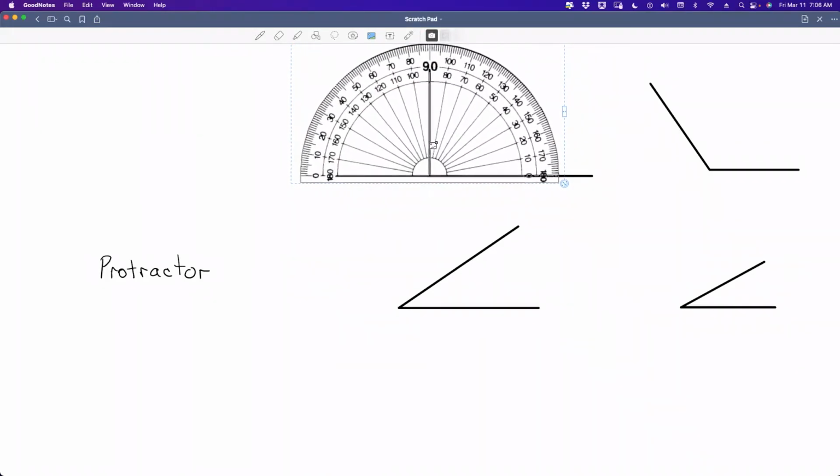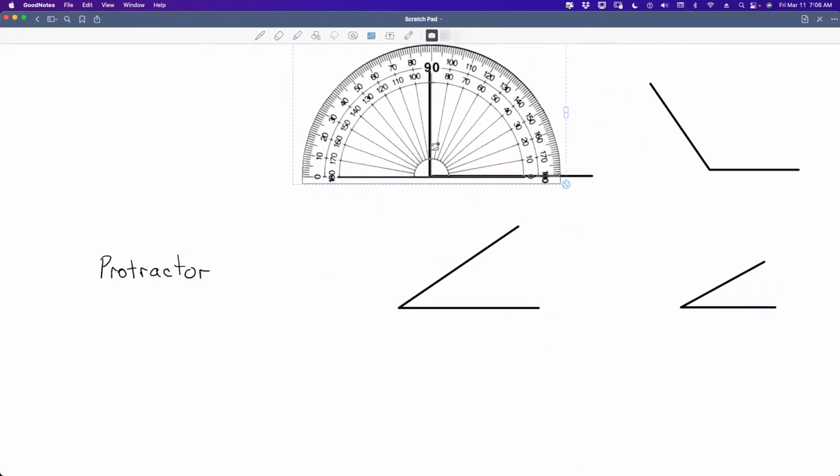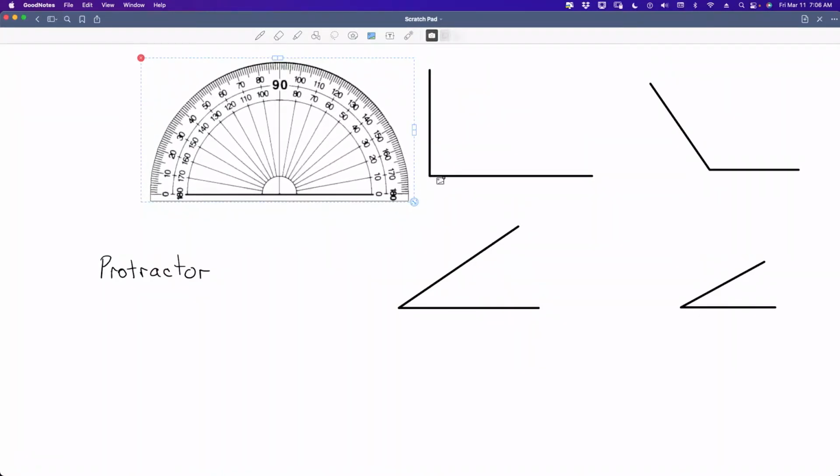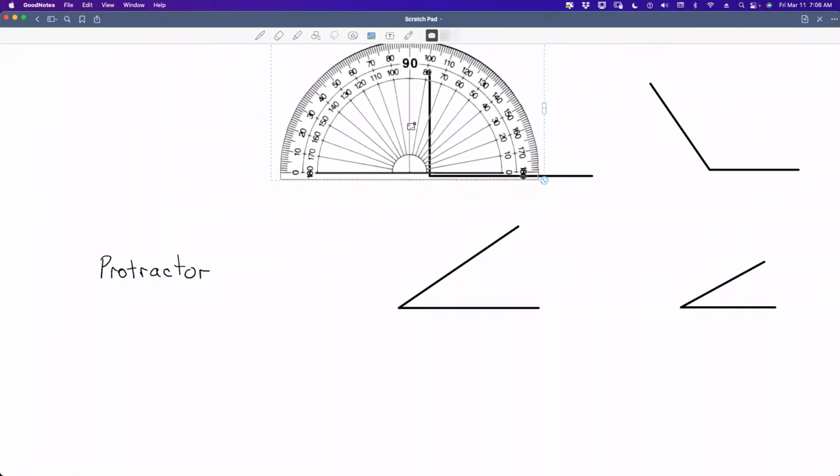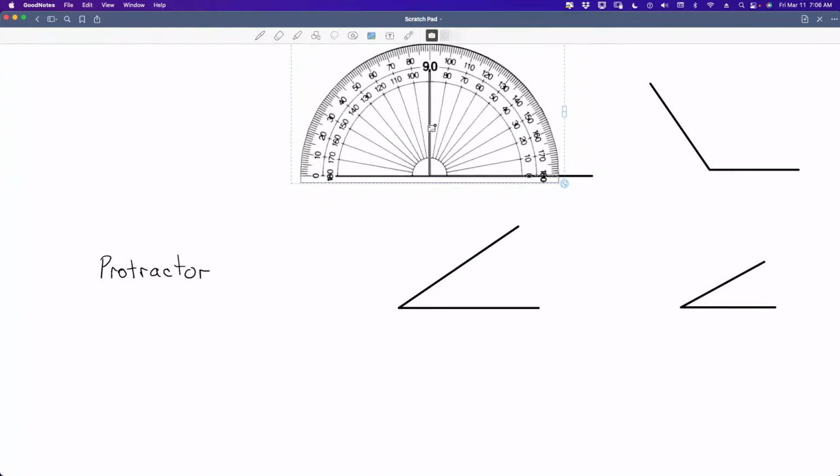Now, the way you want to measure with a protractor is you want to line up the bottom of your angle with wherever that bottom angle may be, with the bottom line here on a 0. So if it opens this way, you'd measure it to this 0. If it opens this way, you measure it to this 0. So I'm going to give you an illustration of that right now. And you want to put the vertex of the angle on the point in the center. So the vertex lining up with the center of the point or the line in the middle of your protractor. And then what you're going to do is make sure that the bottom line is on 0,